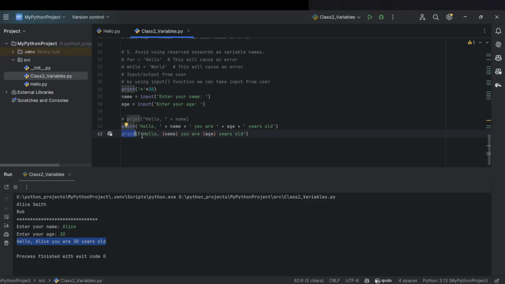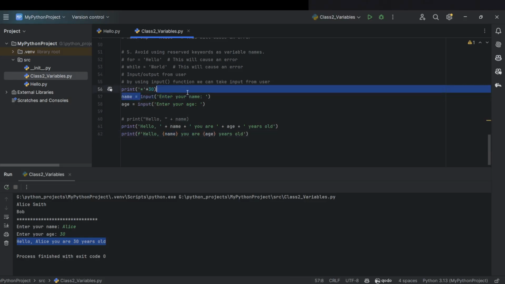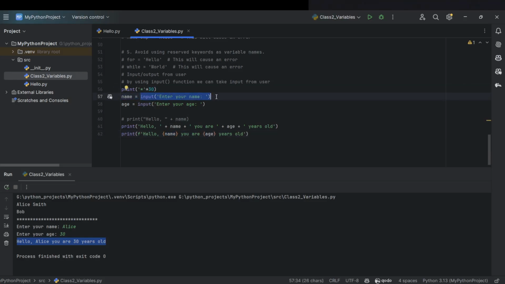If you are using an f string, then it will format the data. Whatever you write inside your curly braces is nothing but the parameter that you are going to pass, right? So this parameter will be replaced by the actual data you are passing. So let me run this once again. I'll comment out the first one and run only this one, right? So if I run this code again,